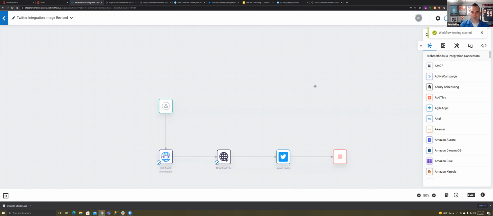So there's a little button. So it says workflow testing started. So it'll highlight each step that it's on. And then when it's done, that's it. So it says workflow testing completed. There is like a log that also gets